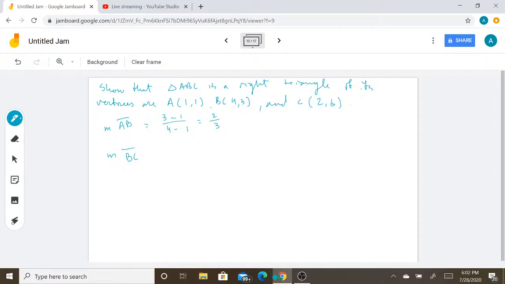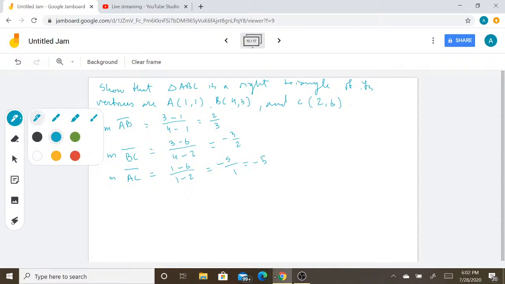and the slope of side BC is going to be (3 minus 6) over (4 minus 2), and that gives us -3/2. And finally, the slope of the last side, AC, is equal to (1 minus 6) over (1 minus 2), which simplifies to -5/1, or just -5. So out of these three slopes that we came up with,